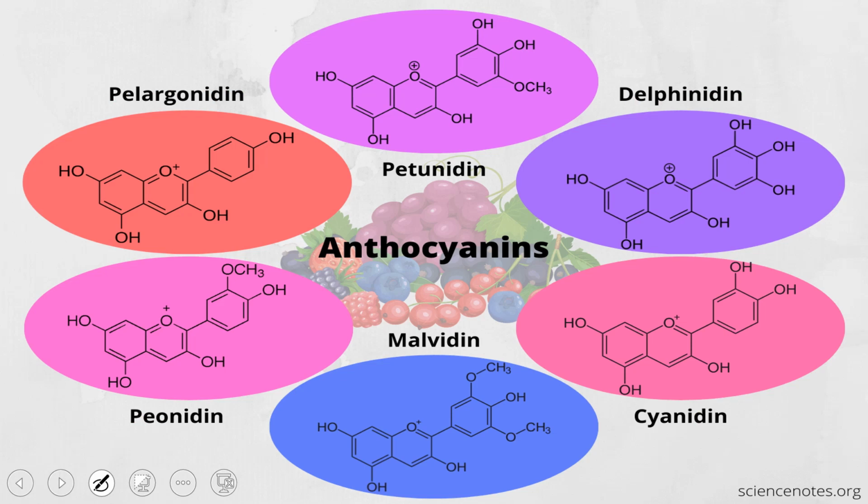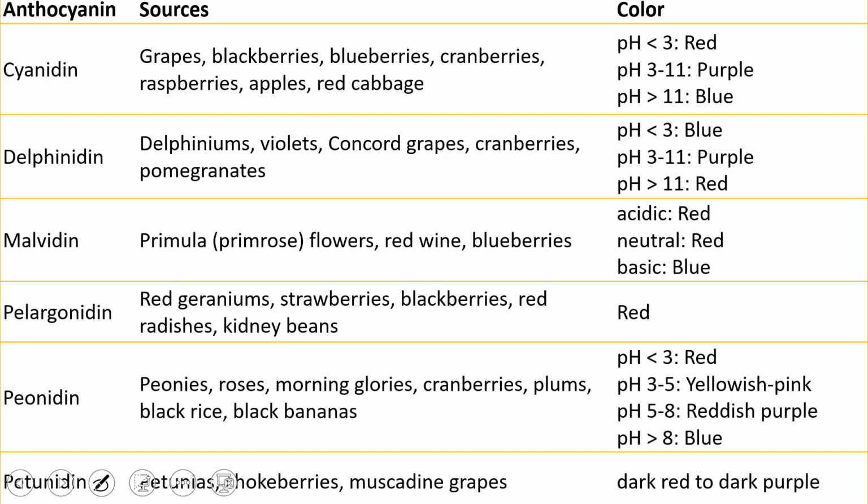If you see this anthocyanin, I have told you it is a group of compounds which have different colors, and different specific plants and flowers have different colors. That is because of these different groups of anthocyanins. Like you can see here, this is pelargonidin. If this category of anthocyanin is present in some parts of leaves, their color will be like this one. If petunidin is present, it will give you this color. If delphinidin is there, it will give you this type of color. So anthocyanin is responsible for the different colors in different parts, flowers, or fruits. Like you can see here, this cyanidin, which is normally present in grapes, blackberry, blueberry, cranberry,